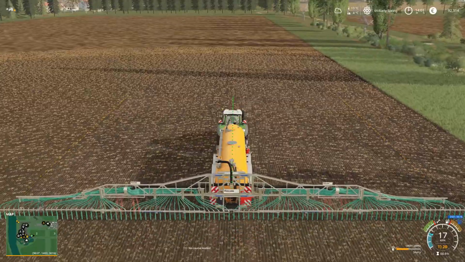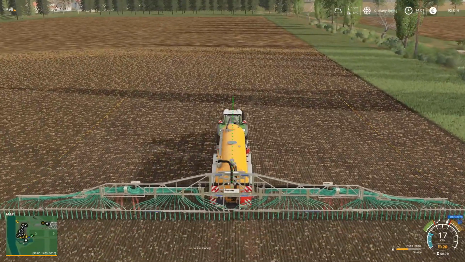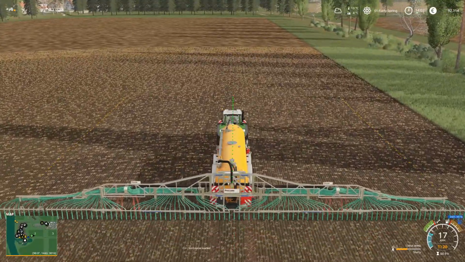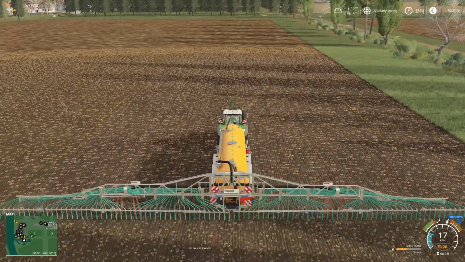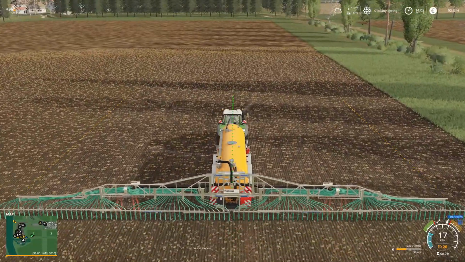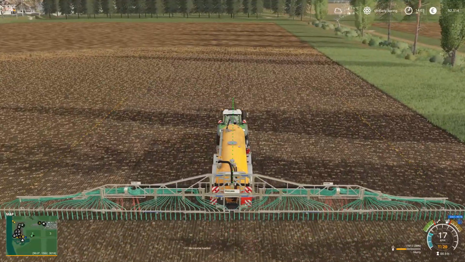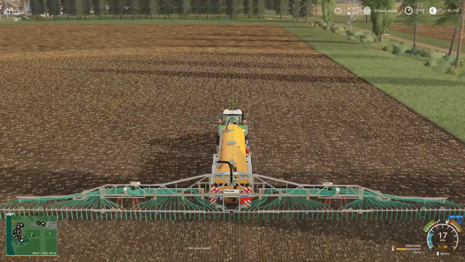I don't want to drive the entire map from A to B, go all the way around the map in order to get one little trailer full of slurry or something else that I need. I want it to be relatively within my grasp, and it's okay that I pay a little bit more for it. You do that with most of the mods,